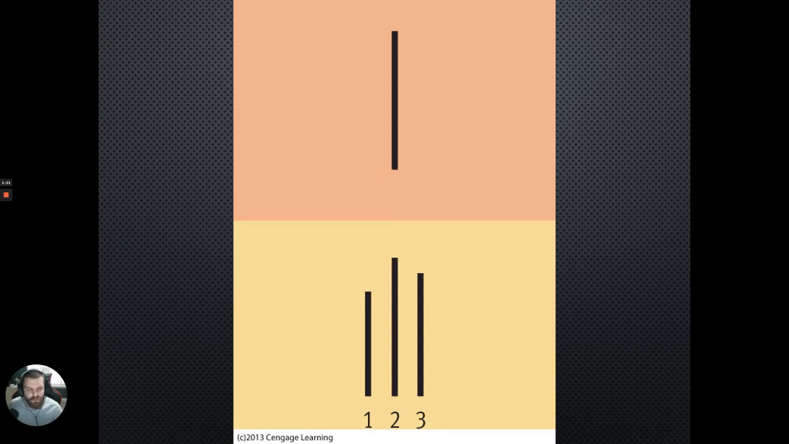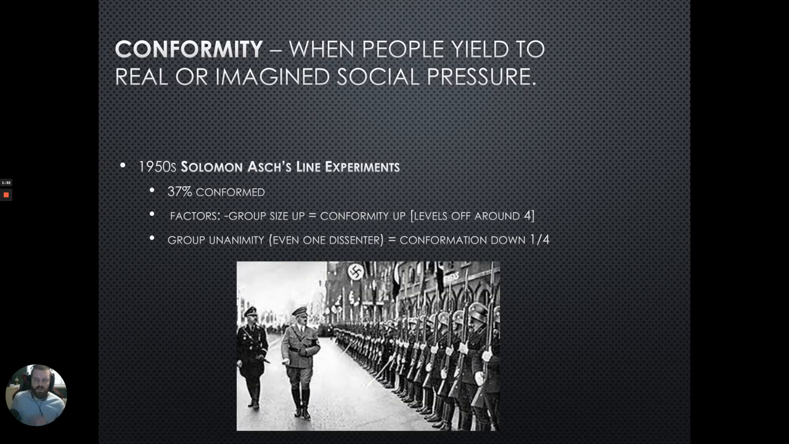And now it's your turn, and you're tasked with identifying which line is correct. Well, initially, you were thinking, maybe line 2. However, everybody before you who has been correct chose line 1, so now you're not sure what to do, and you end up choosing line 1 out of conformity. So, what is conformity? Well, conformity is simply when people yield to real or imagined social pressure. Now, what does that actually mean? It means that in a time of uncertainty, you can be influenced by those around you